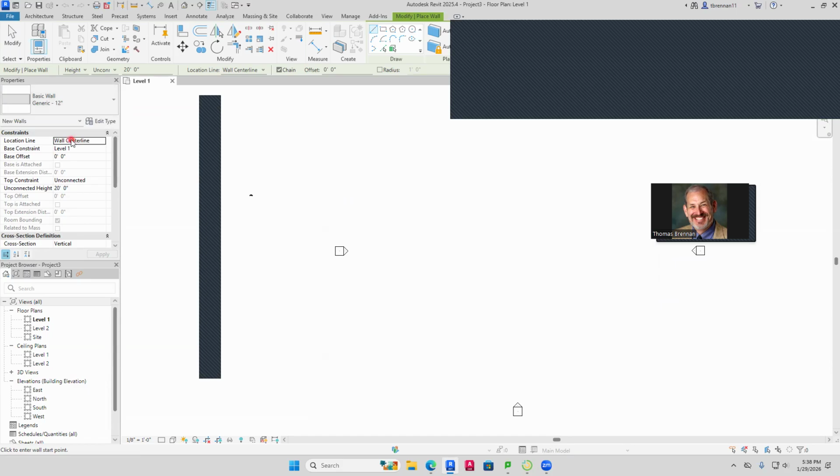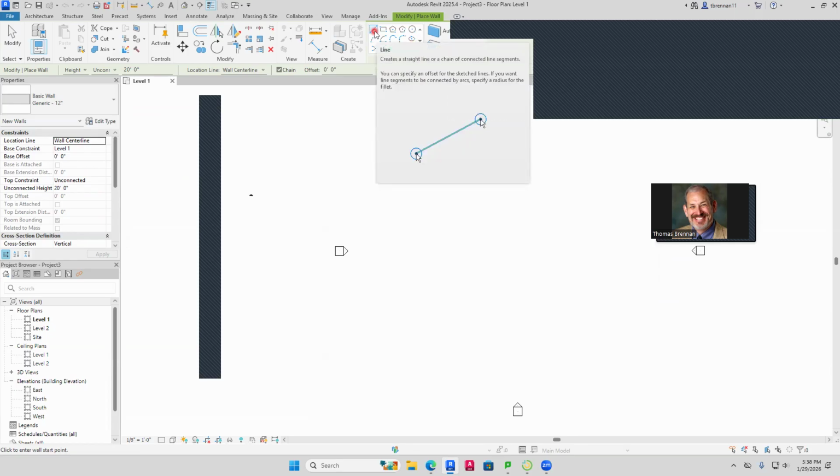Now, down here, where it says wall center line, we're going to go to this top constraint. And you know what? Just leave it unconnected. That's fine. We'll just leave it unconnected. Now, what we do want to do is pay attention to this right now because we can actually go ahead and begin to place the walls in either by just drawing lines or a